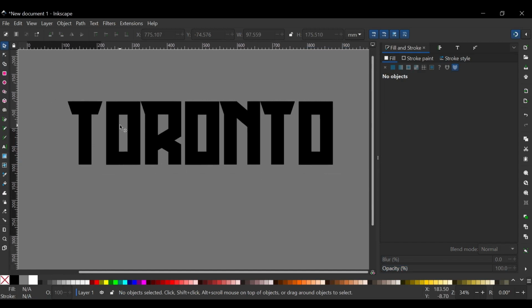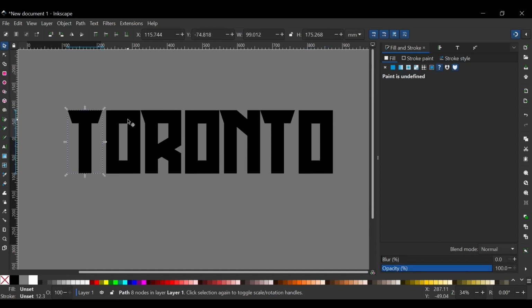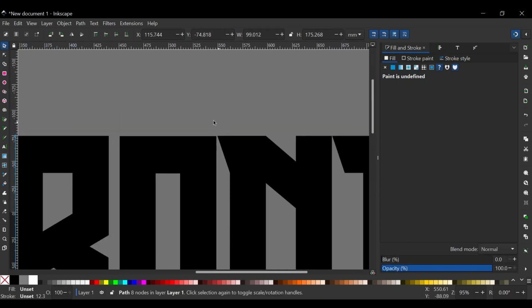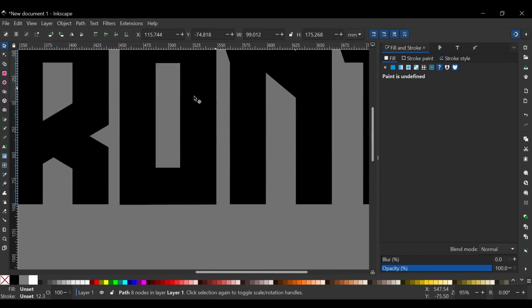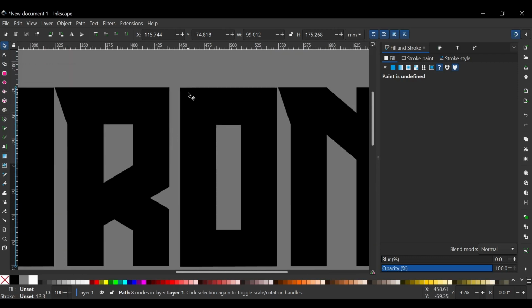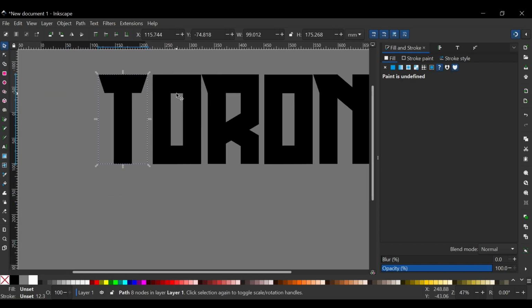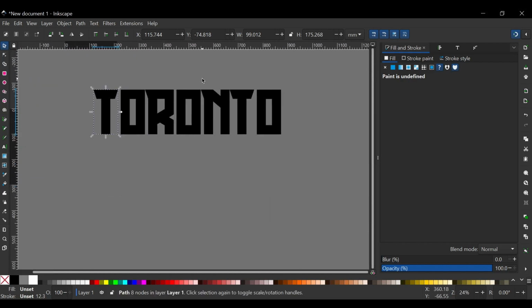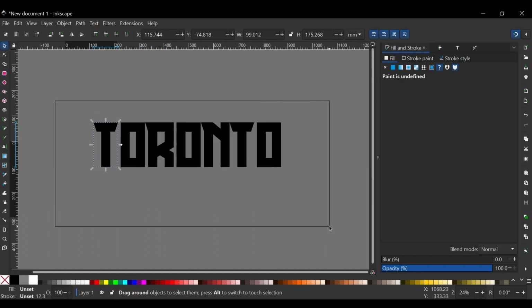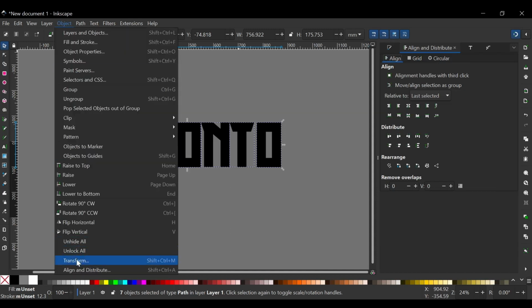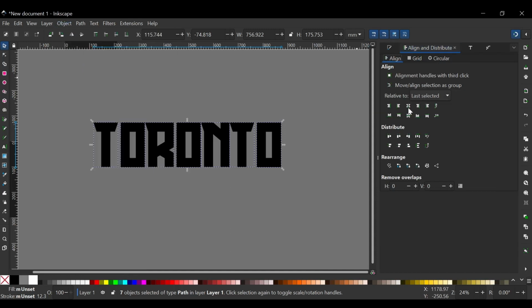What I'll do now is I'll go ahead and space these properly. These letters are not quite properly spaced. As you can see, the spacing here versus here it just doesn't look very coherent. So I'm going to go ahead and manually, but actually what I'll do is I'll select all of it. I'll select the entire word, and I'll go to the Align and Distribute menu right here. If you don't have it, you can go to Object, Align and Distribute, and go ahead and click on this